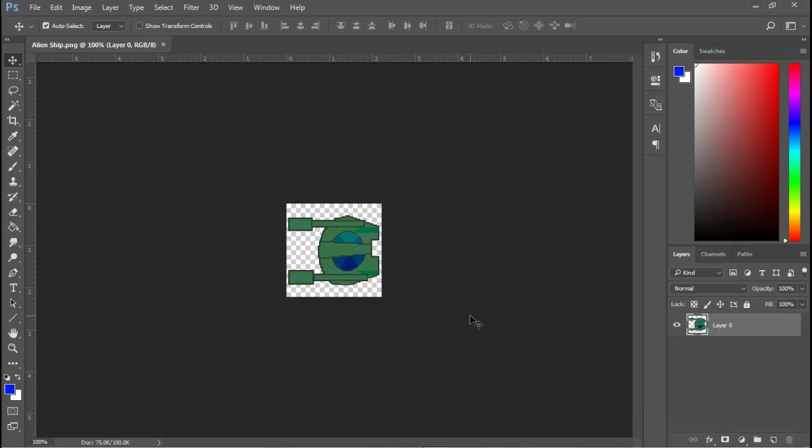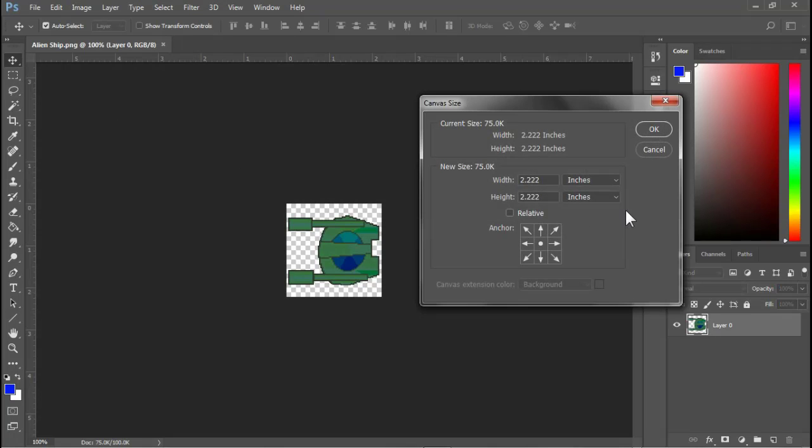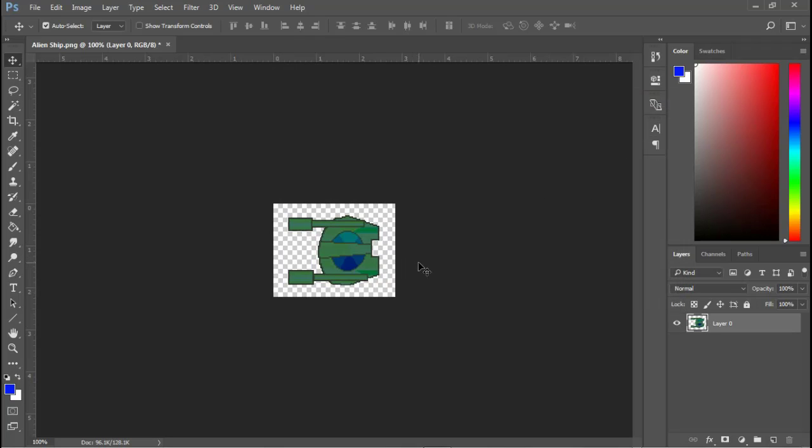Using Photoshop, we can adjust the width of sprite number 1 to 205 pixels by changing the canvas size without enlarging the image. I click the image menu and then select canvas size. I adjust the width to 205 pixels. As you can see, the image did not change its aspect ratio, or it did not grow bigger or smaller. Only the canvas became bigger.